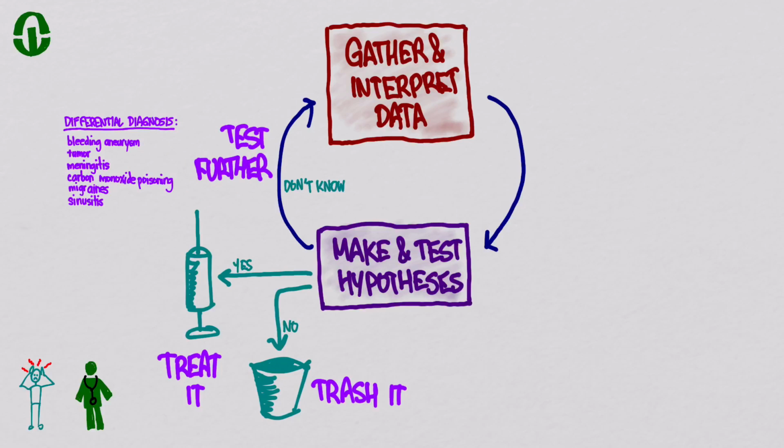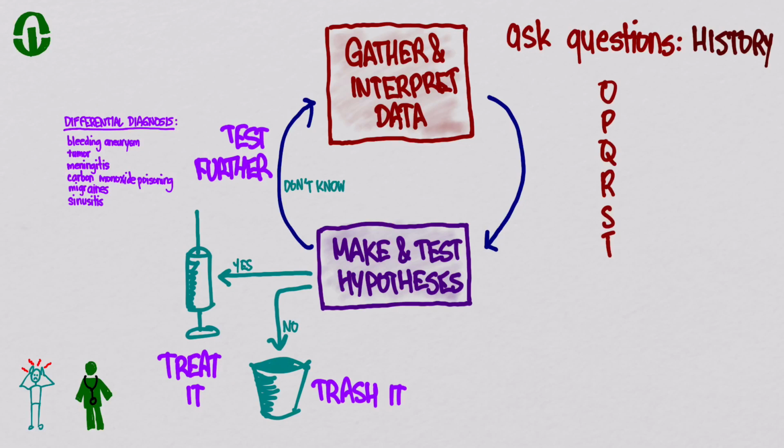So what's the next source of information that we can get data from? Well, it's the patient. We can start asking them questions. And when we ask questions of a patient, we call that taking a history of the patient's illness. And there are some common questions that we ask of everybody, and we use this mnemonic OPQRST, and what that